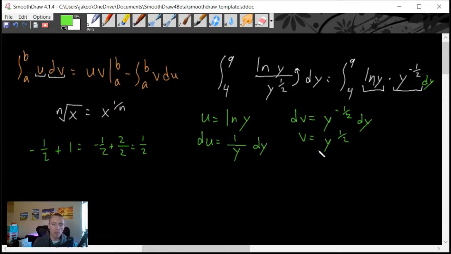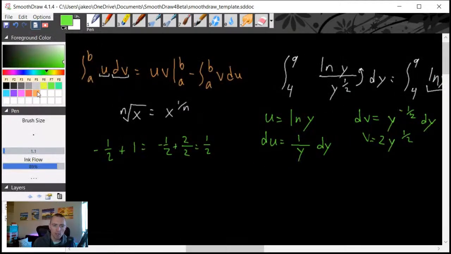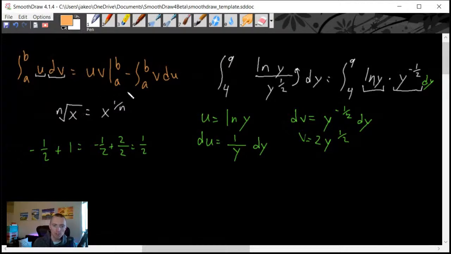And then by the power rule for integration, after we raise our power by 1, we have to divide by our new power. Dividing by 1/2 is the same as multiplying by the reciprocal of 1/2, which is 2. So that's going to give us 2 times y to the 1/2. Okay, so now once we've found these 4 pieces here, we can plug those 4 pieces into our integration by